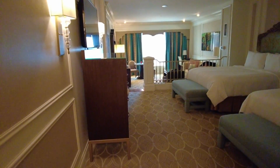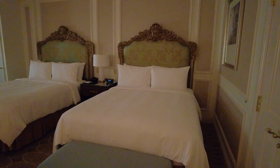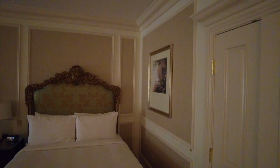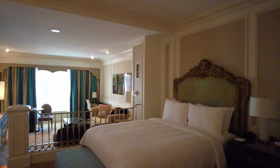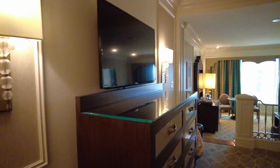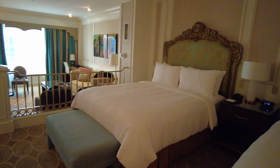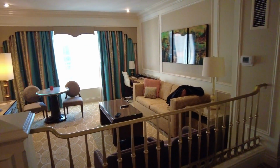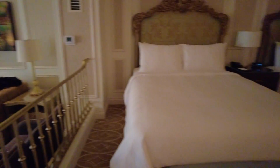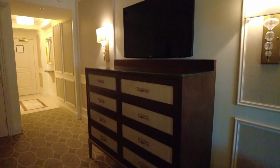You can see right side there are two queen bed. This is pretty Venice touch. I mean the theme is totally Venice here, so the name is, you can understand, like the Venetian. So इधर जितना सारा theme है, decoration है, सब कुछ Venice जैसा है. So yeah, I don't know like why two queen bed, but oh, this is a TV unit and there is